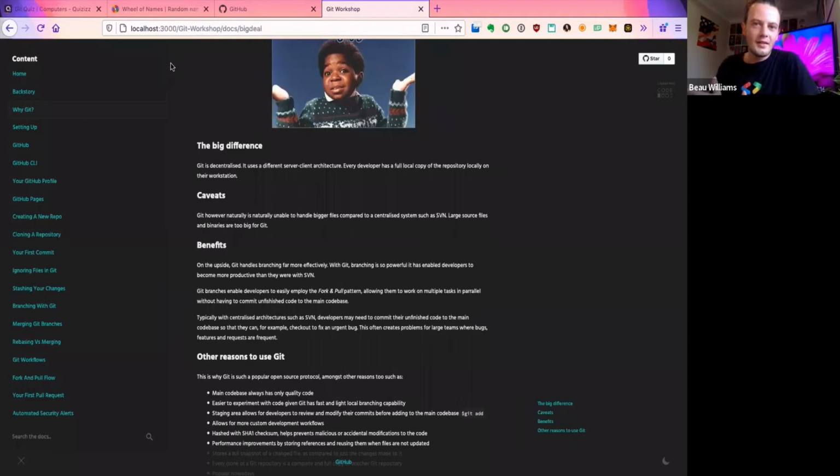Or maybe you want to put entire applications and store them in the version control repository. An application, say a video game, can be many gigabytes in size. Git's not really good for that. On the other hand, it's basically good for everything else.